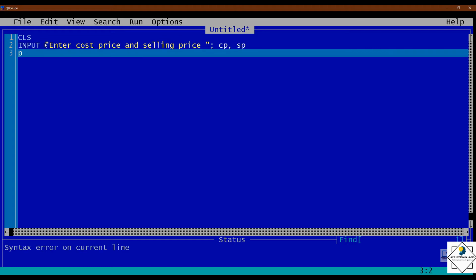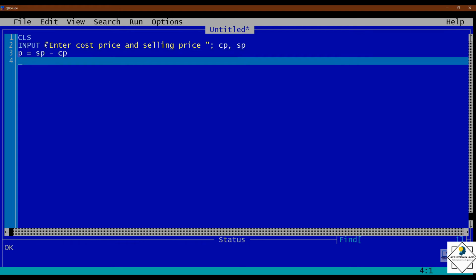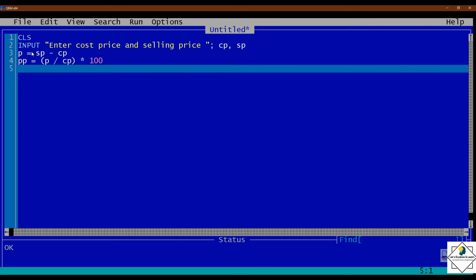After taking input, we need to find the profit. So for profit I am writing only P. P means profit. So P is equal to selling price SP minus cost price CP. Then we need to find the profit percentage. So I can write PP for profit percentage. That is profit divided by cost price into 100. Correct? And I have used division, the first part is in brackets. Brackets are important.